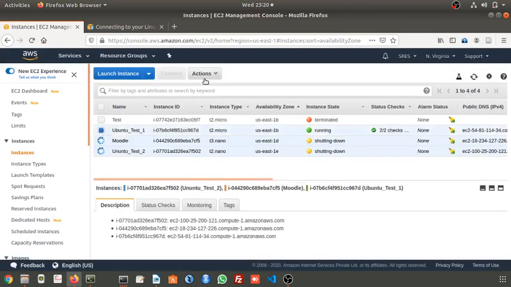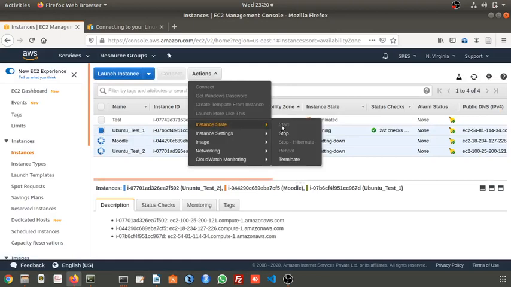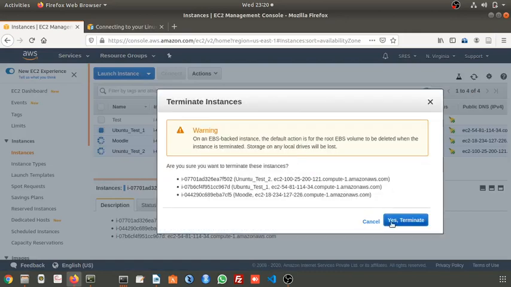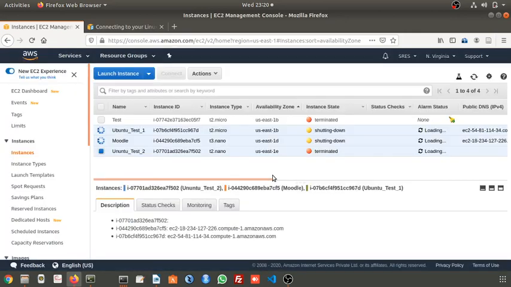Once you practice, if you don't have any important data, meaning if you don't want to use it further, better to terminate it. Otherwise, unnecessarily, billing will start.